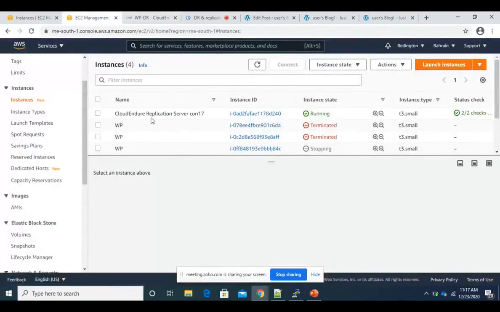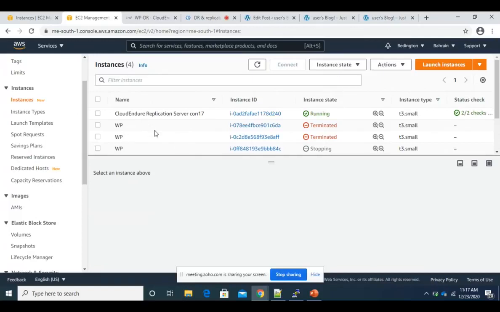You guys will be wondering, what is this replication server, the Cloud Endure replication server? This is a server created by Cloud Endure, and it facilitates the replication. It allows block level replication. When we do the failover and failback, there could be a machine conversion process as well.